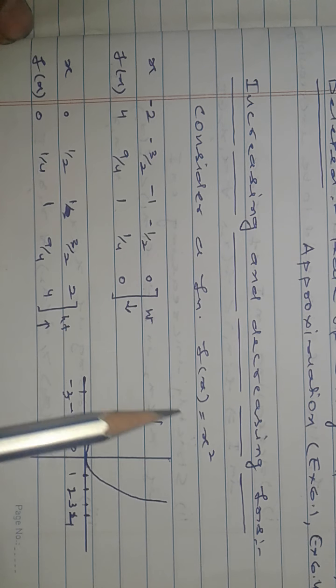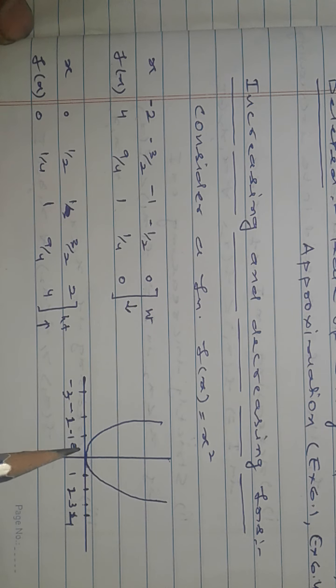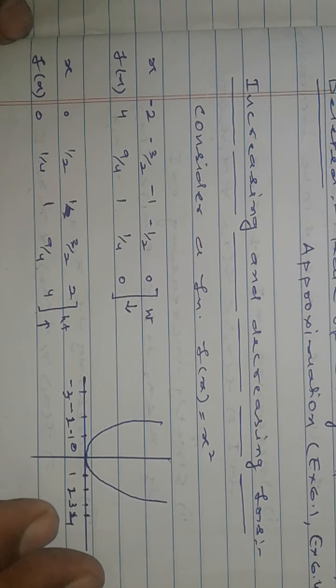Substituting values here. This is the left hand side of the origin, and to the right hand side of the origin we have 0, half, 1 by 4, 0, 0, half, 1 by 4, 1, 1, 3 by 2, 9 by 4, and 2, we put 2, it is 4. So now from this observation,